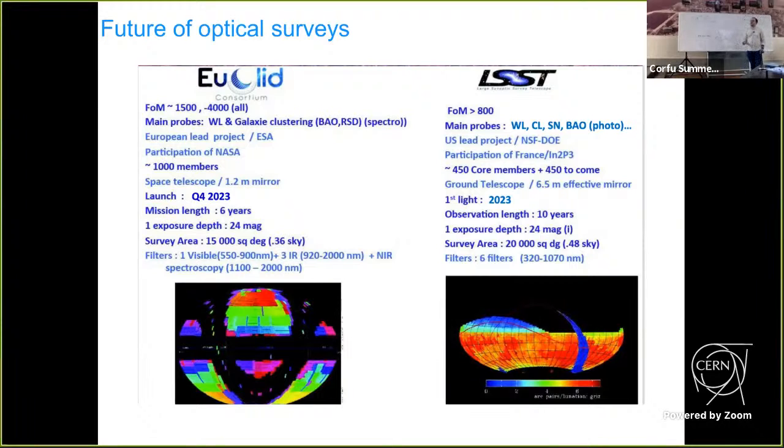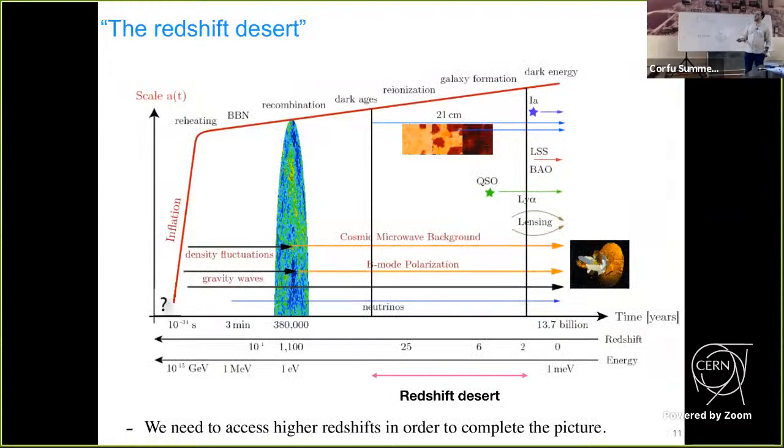But what happens? This is not the whole thing. Basically, with these optical surveys, we will be reaching kind of redshift 2. But obviously, the universe has a much larger history. There is this thing that sometimes is called the redshift desert, which hasn't been explored so much. It has been explored with individual sources, etc. But sampling the whole time up to almost the dark ages will be quite good to get the